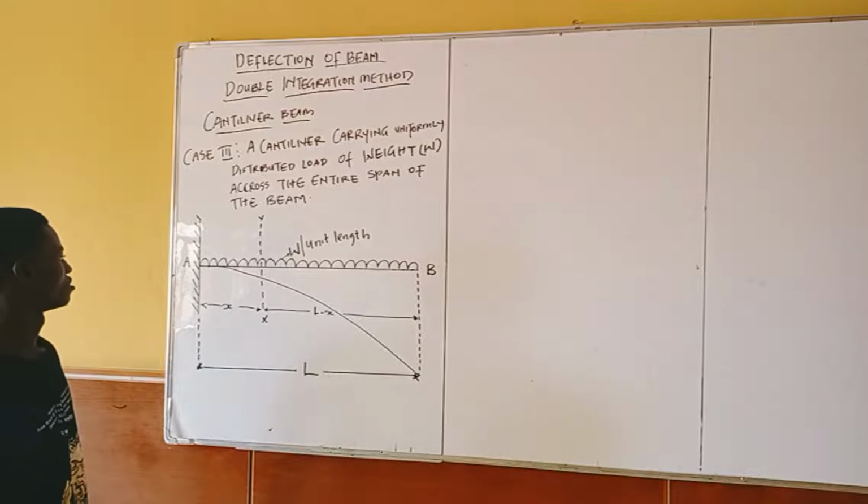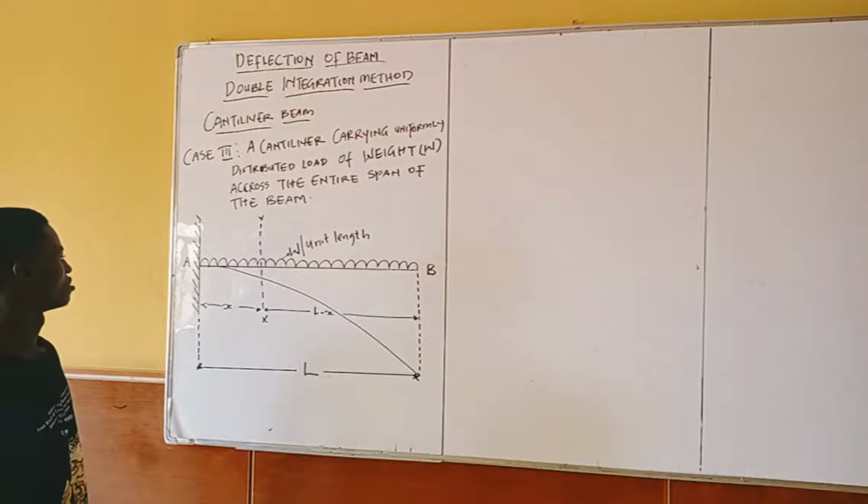At the center now, the distance of my weight will be L over L minus X over 2. So what I'm trying to say is that if I have the moment at X, the moment at this section now, I've already converted this one to a point load. You understand? When you convert a UDL to a point load, your load will be acting at the center, and the total length is